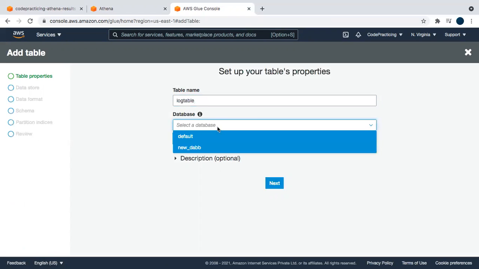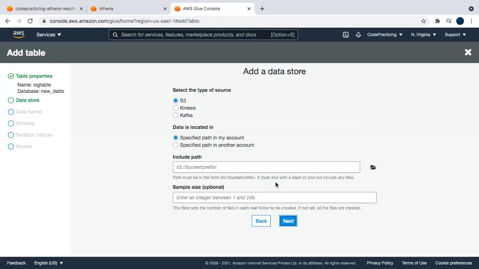Table, database, create. Here, select the type of resource and different, but data format, schema, partition index, which we already did in this video. So these steps mentioned here are exactly the same as we had done in this video. So we are not doing it now.